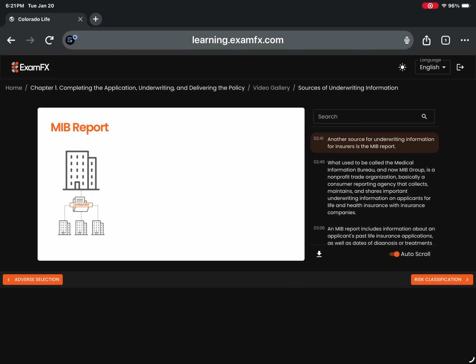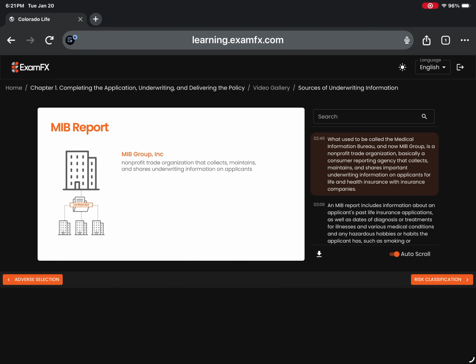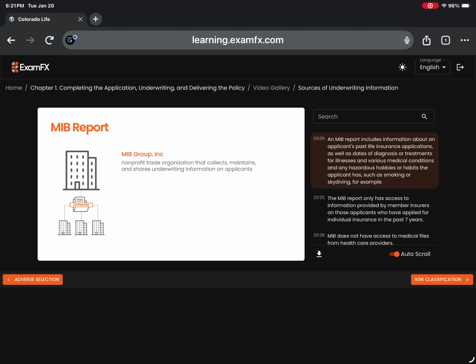Another source for underwriting information for insurers is the MIB report. What used to be called the Medical Information Bureau, and now MIB Group, is a nonprofit trade organization, basically a consumer reporting agency that collects, maintains, and shares important underwriting information on applicants for life and health insurance with insurance companies. An MIB report includes information about an applicant's past life insurance applications, as well as dates of diagnosis or treatments for illnesses and various medical conditions, and any hazardous hobbies or habits the applicant has, such as smoking or